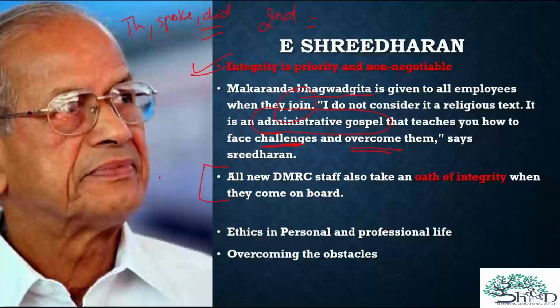And what we can learn from him is how to overcome obstacles. Here I would give an example: during the Chhatarpur corridor development, somebody filed a complaint which stopped the work of the metro for the time being. The case was going on in the court. So what he did was, in the meantime, he thought that we should not stop the work. We should keep it going by making the things which are going to be used in the Chhatarpur corridor. He got them made somewhere else. So basically he prefabricated the parts.